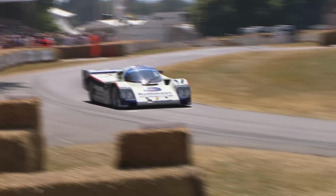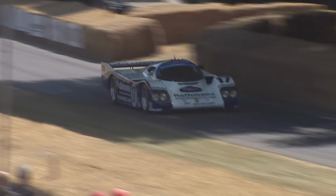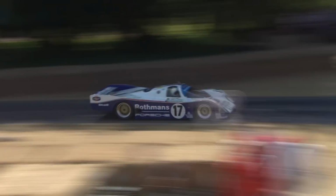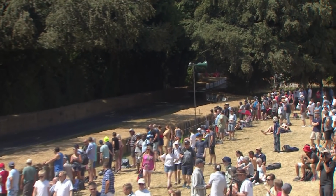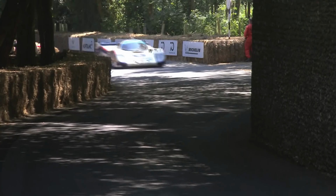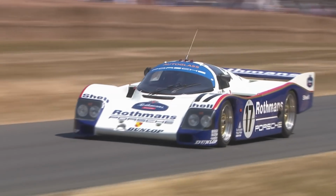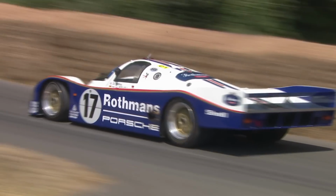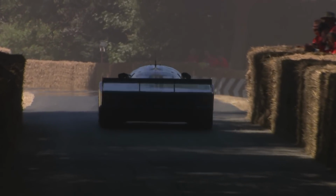It's not him at the wheel at the moment. I don't know who is driving it this time, in fairness, but it doesn't matter, because it's just the car that you can recreate all those memories from. Porsche was the first manufacturer, really, to come into Group C racing when the FIA introduced it, but not the first company to win a Group C race. They were beaten to that by Lancia at Monza. Porsche came out at Silverstone. They just missed the opening race as they were crafting it, but Porsche had the sense, Martin, didn't it? Not